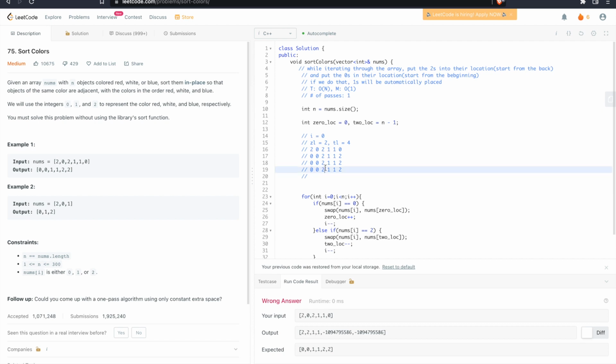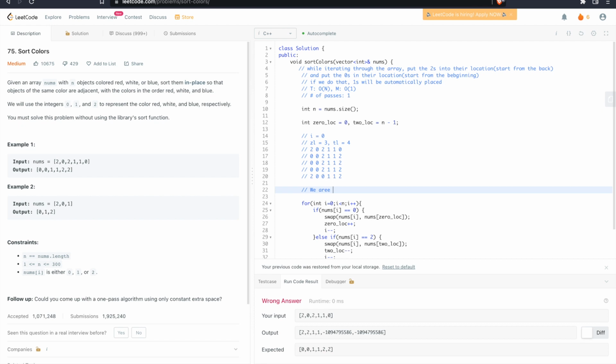So yeah, 2 will come to the front, 0 will go there, 0 and another 0, 1, 1, 2. So we swap the second index with the 0th index, and it goes like that. As you can see, this is a very wrong solution. So to solve this, we need to understand the problem first, and now we understood the problem. This is the problem: the 0 location or 2 location is out of bounds. To solve this,